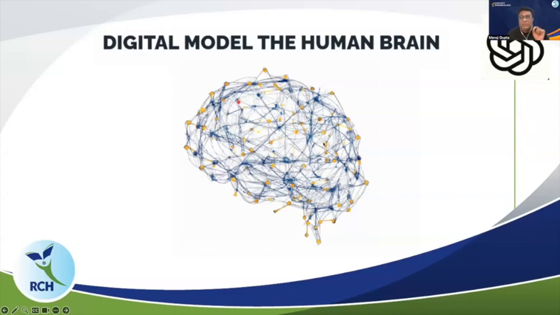Neurons are connected with each other with fibers so that information transfers from one point to another. That is how, in a nutshell, the input that comes into the neurons, the mind takes a call and gives the output, the result. So for a long time, scientists have been trying to mimic this in a digital form. This is the conceptual part of the human brain, where all the yellow dots you can see are the neurons.